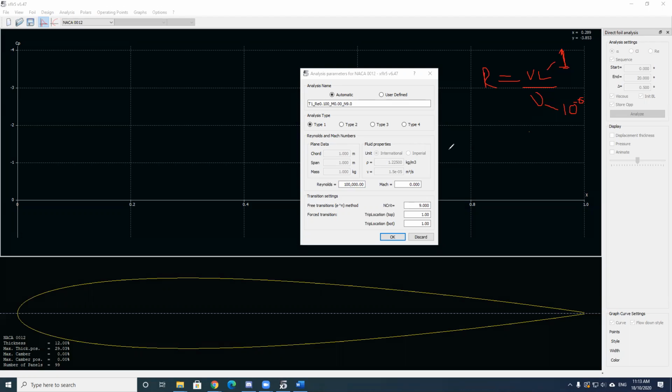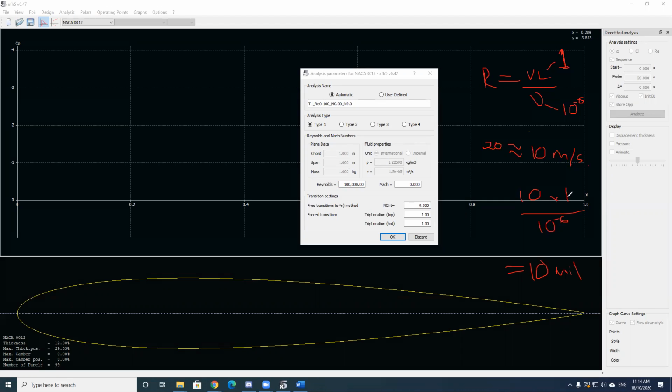Should we go for just standard 10 knots or 20 knots? 20 knots is roughly 10 meters a second. So we have here 10 times 1 divided by 10 to the -6, which is equal to 10 million, but